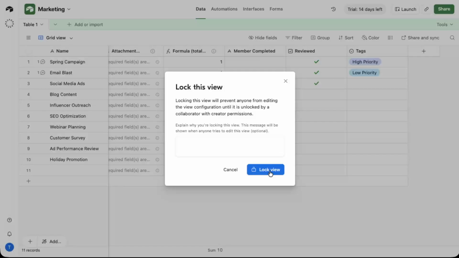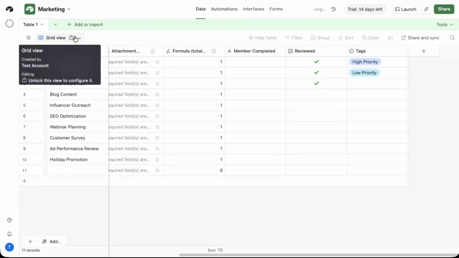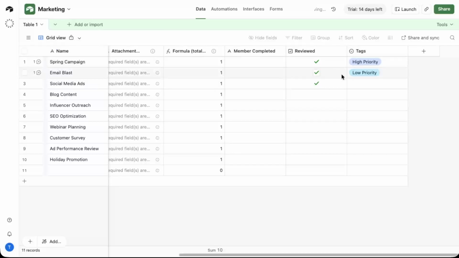Once you've entered your reason, look for the button that confirms the action labeled Lock View. Click on that. Airtable will now apply the lock to this view. You'll see a small lock icon next to the view name, which tells you it's protected. With the view locked, collaborators won't be able to change things like filters, sorting, field visibility, or grouping unless they unlock it again. That way, your